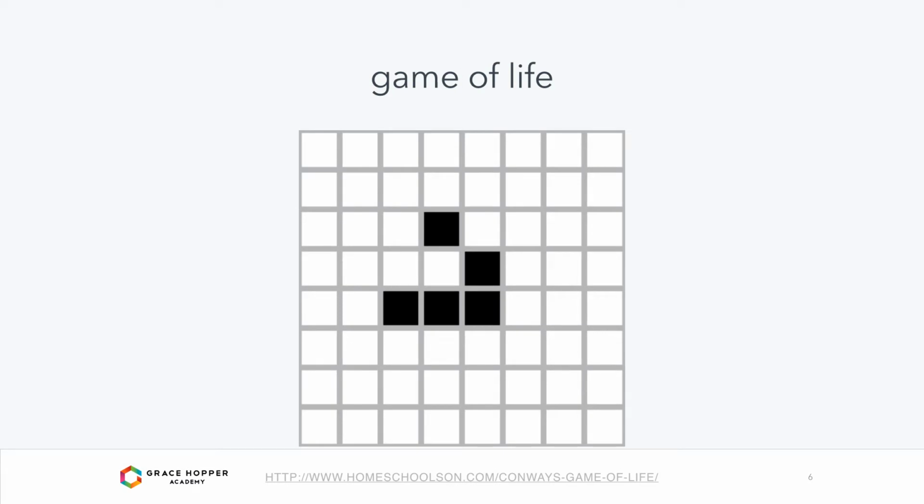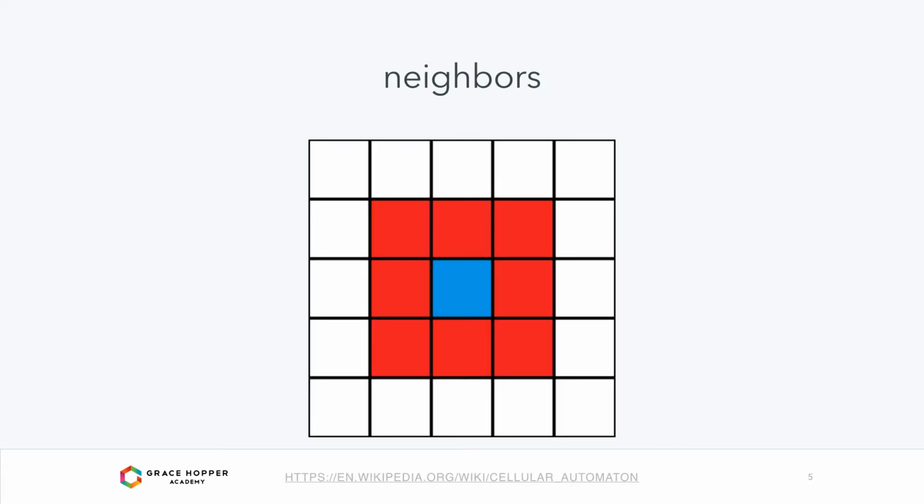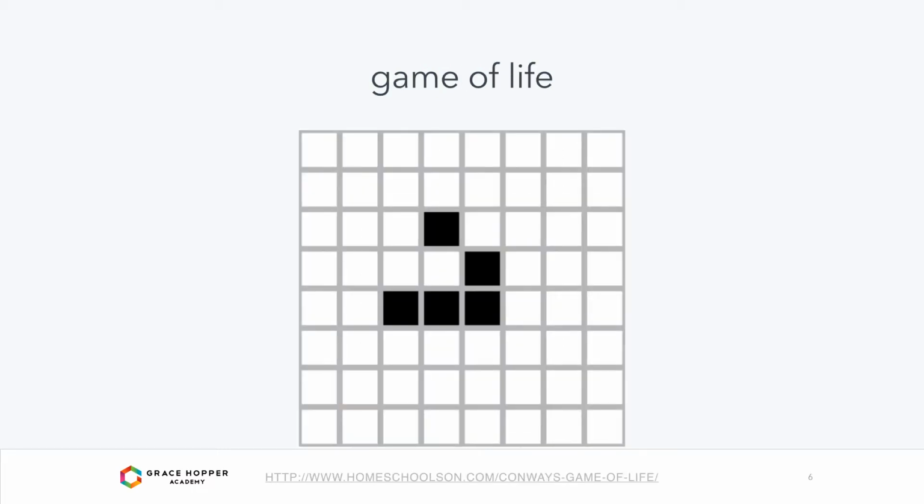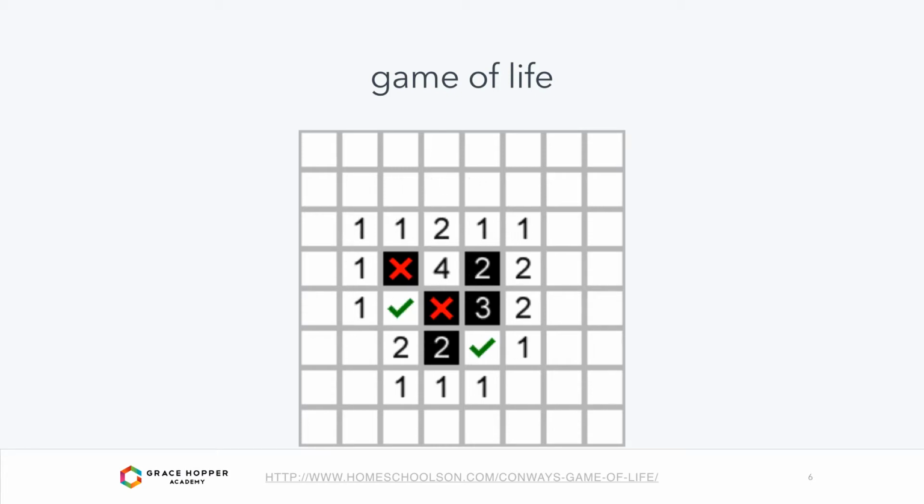So we can actually watch the evolution of the simplest moving stable life pattern, which is called a glider. And it evolves like this. So here are the number of living neighbors of each of these cells. This is going a little too fast, and unfortunately I can't stop it.